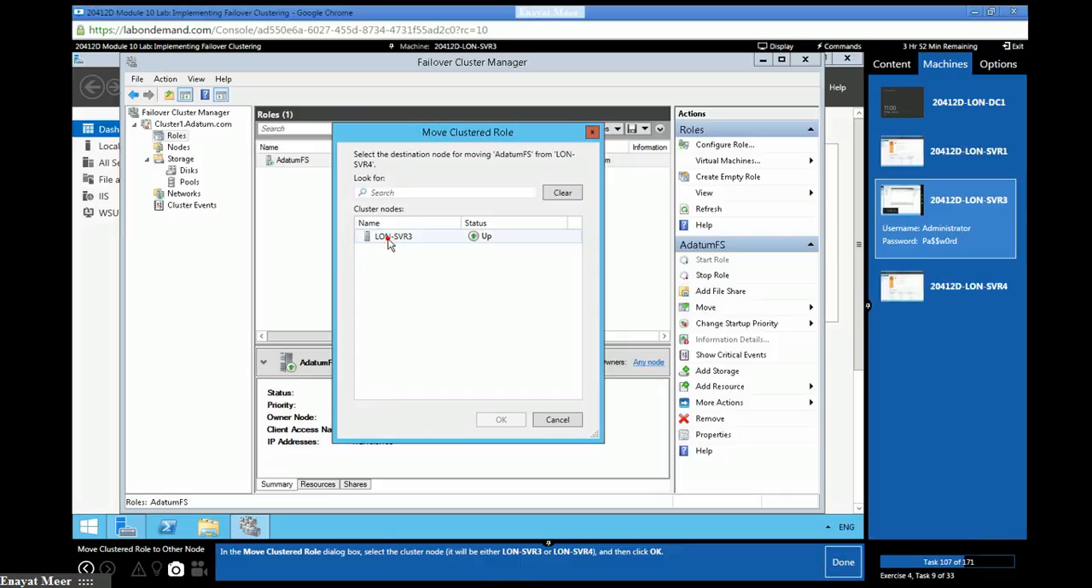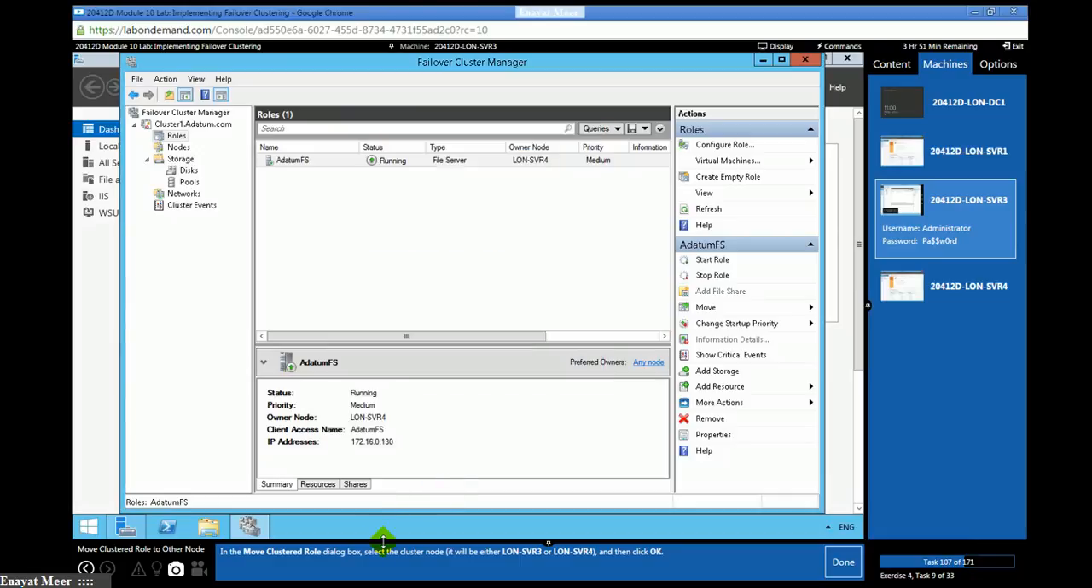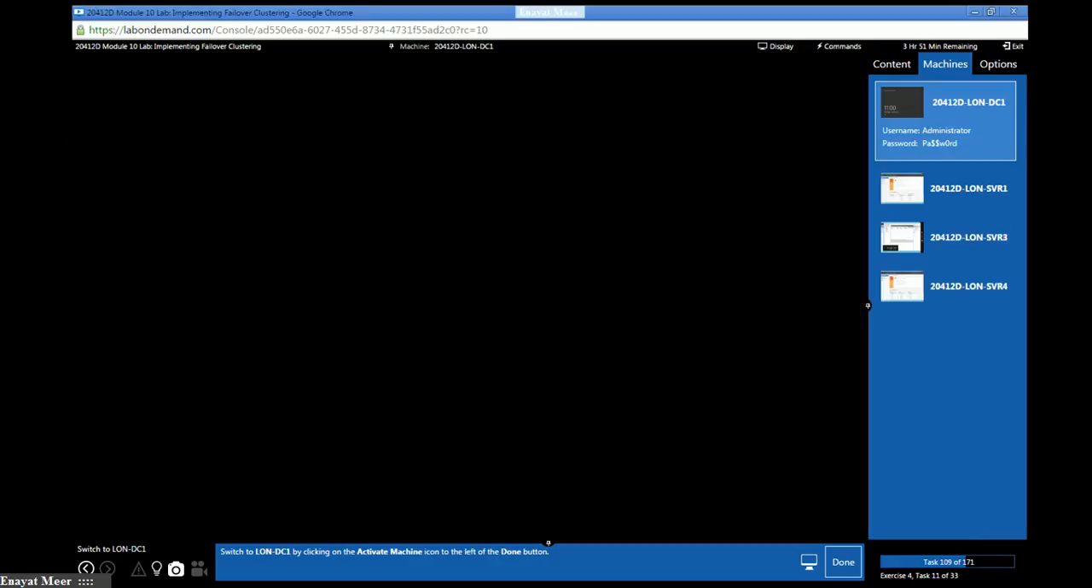So you will see that the name which is available now is SVR3, because the owner was SVR4. Now you change the owner node and now it is SVR3. So we actually moved or changed the owner from SVR4 to SVR3. Going back to our domain controller DC,